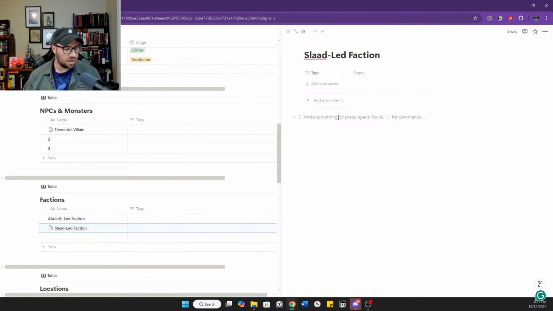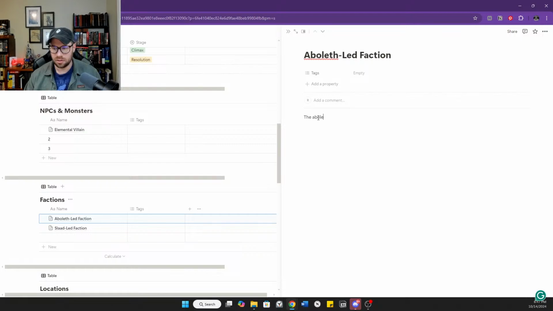So let's say the Slaad, helps if I type that right, wants to have the domain cracked open and spilled into the material plane to spread and create beautiful chaos. Okay. And the Aboleth-led faction